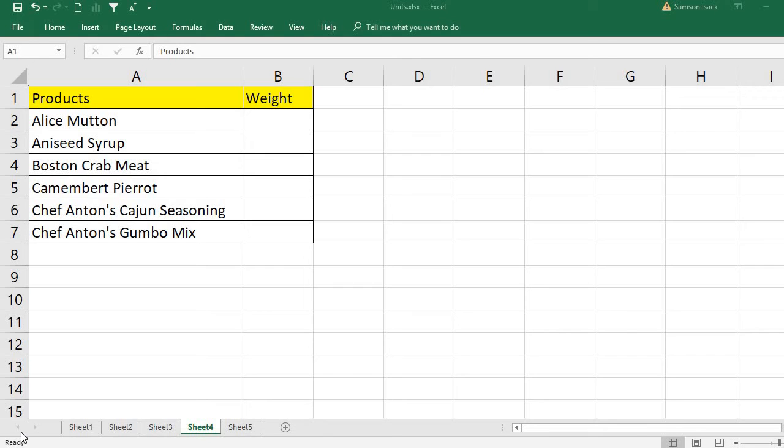Hi, welcome. In this video I'm going to show you how to use units in cells, or how to enter values in cells with units, and also how to do arithmetic operations or any other operations. What I have here is the products, but I want to enter this one with kilograms. For example, Alice mutton is 10 kg, and this is 20 kg,